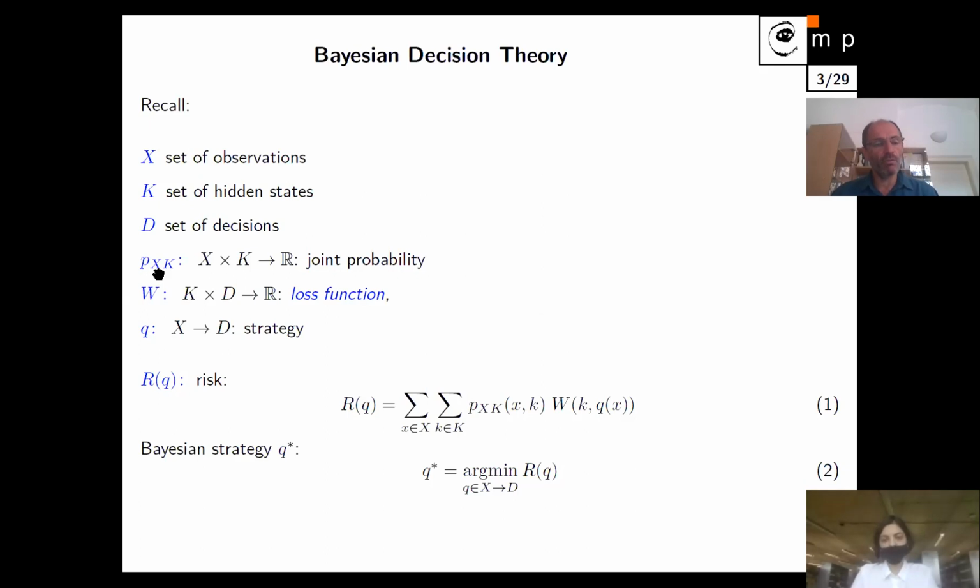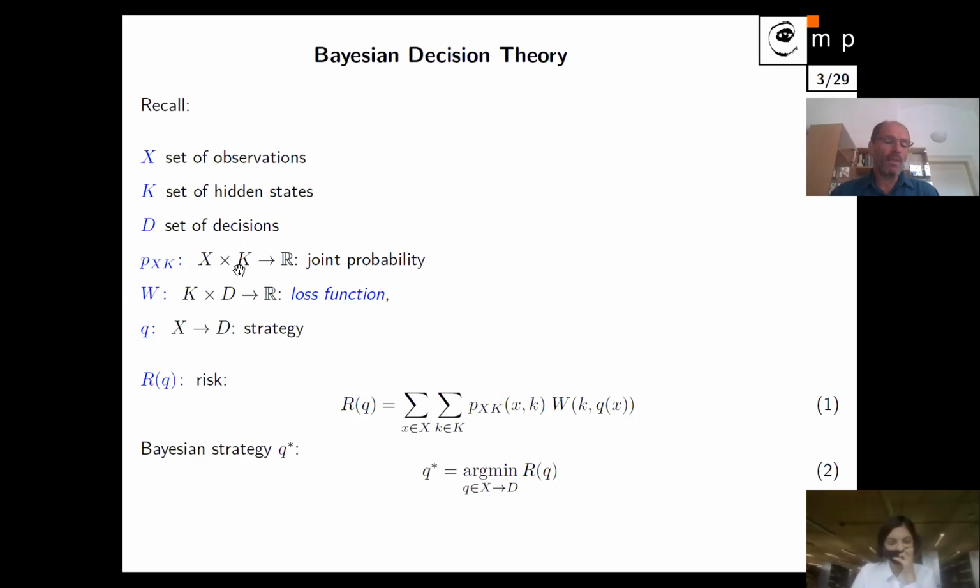Now we had a statistical model of the situation. The statistical model was defined by a joint probability, and the joint probability was giving a probability or probability density. Mostly we'll be talking about probabilities because observations, in practical measurements, are discrete. They don't have an infinite number of possibilities usually. So we had a joint probability which said how commonly a certain observation together with a certain hidden state or class